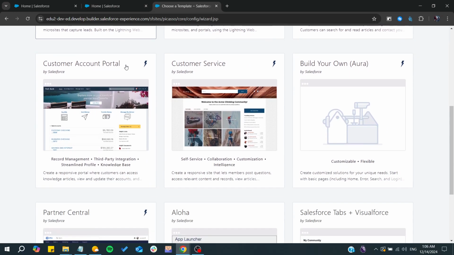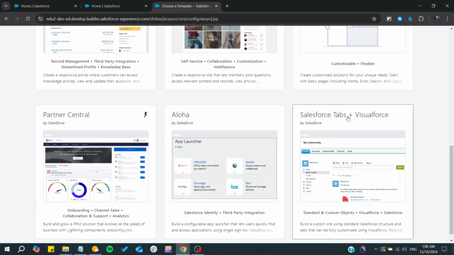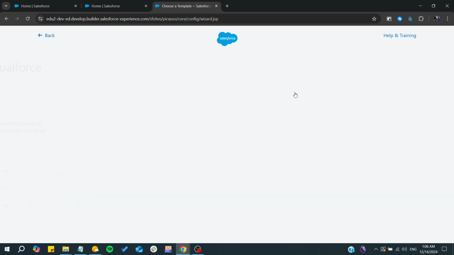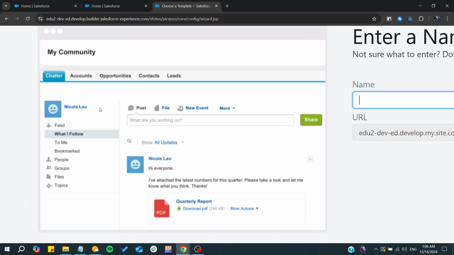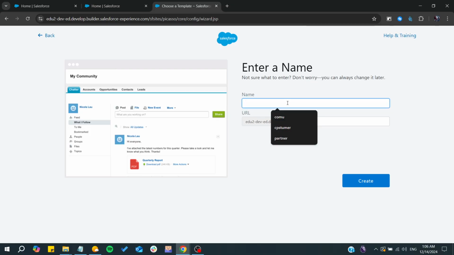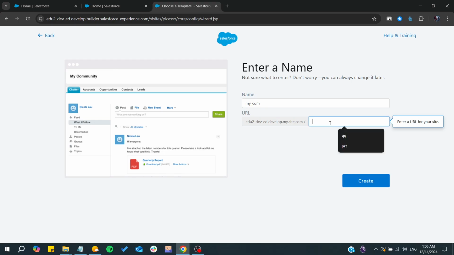So now we can simply click on Salesforce tabs plus Visualforce, and we can simply click on get started. As you can see, it already has some chatter, the accounts, opportunities, and as you can see already people can talk, etc. So we can give it a name, my community, and let's click on create,